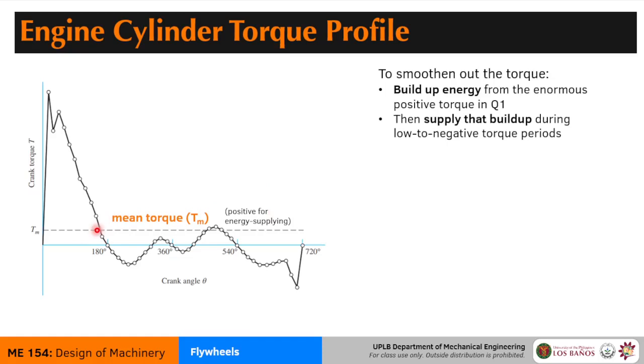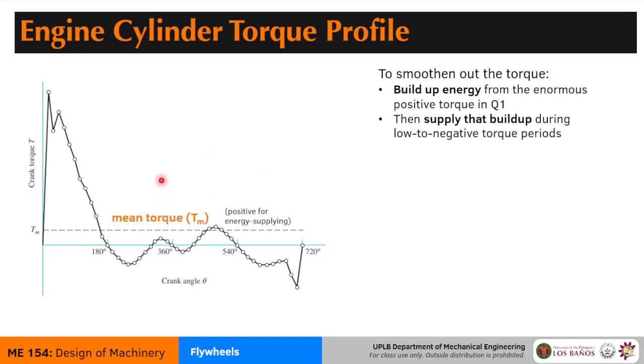So again, the flywheel has to take energy from its greatest positive loop during the engine cycle to supplement the roughness for the rest of its period. So eventually you'll get this kind of mean torque T sub m here, and the T sub m is kind of like the averaging picture of the torque that the engine actually delivers. So if you want to calculate the power of the torque, T sub m would be what you put into the formula T omega.